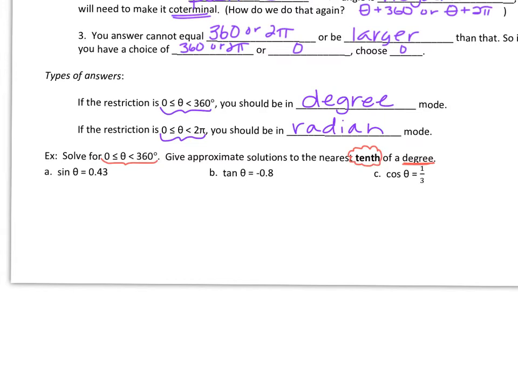Okay, so for example A, sine theta equals 0.43. This decimal isn't one of our fractions that we had from the unit circle specific values. This means we're going to have an approximate solution. So to get theta by itself, we don't divide by the sine prefix. We actually do that sine inverse rule. And we type in 0.43. On your calculator, where you see sine, cosine, and tangent, right above them, the shift or second option should give you that inverse definition. So you literally just type in second sine to get sine -1 to show up, 0.43,